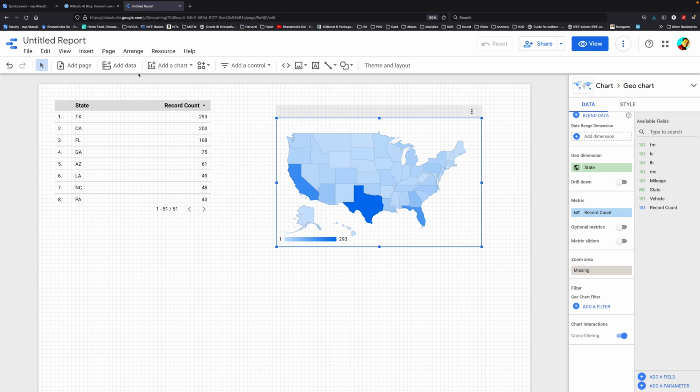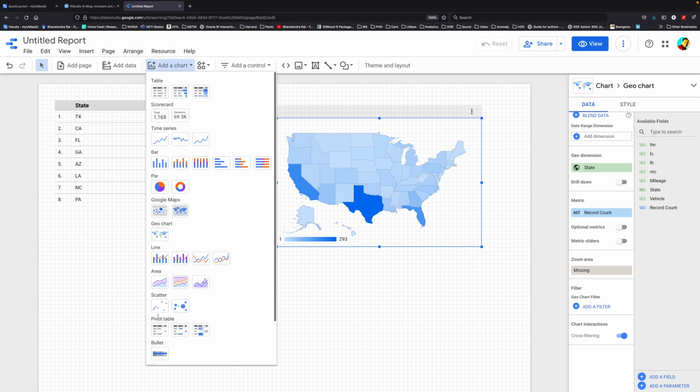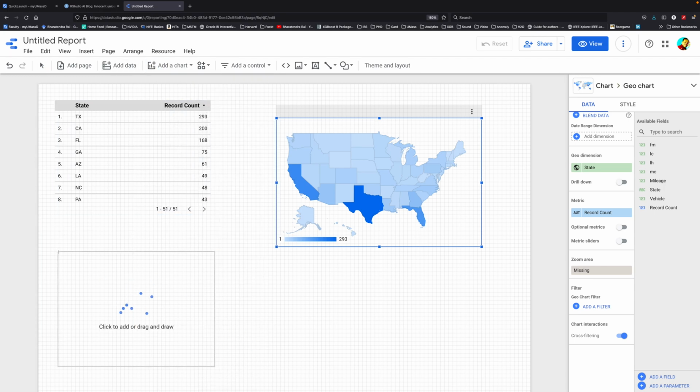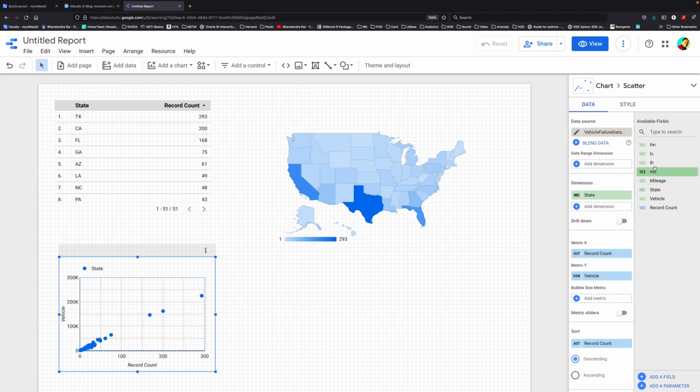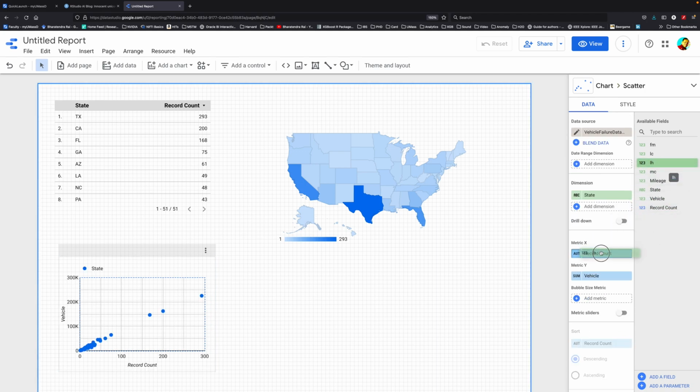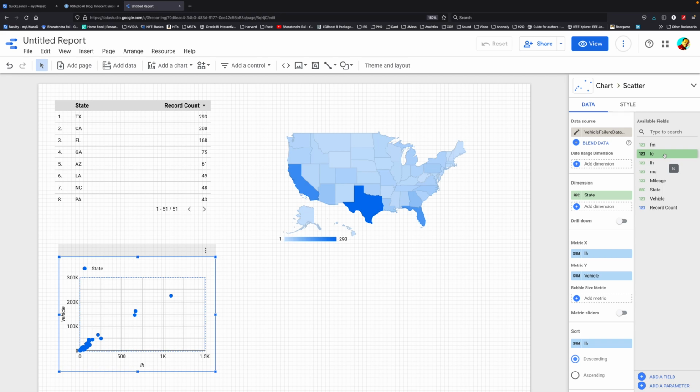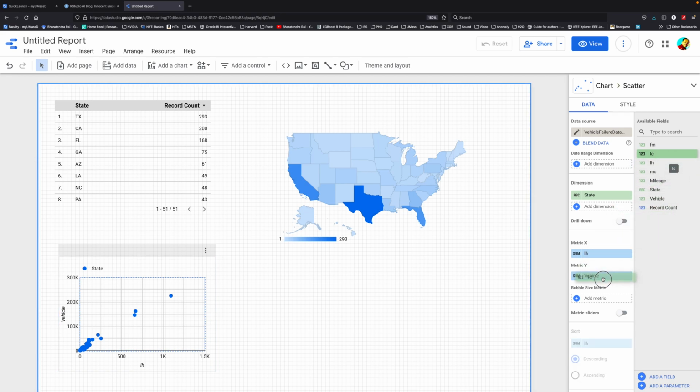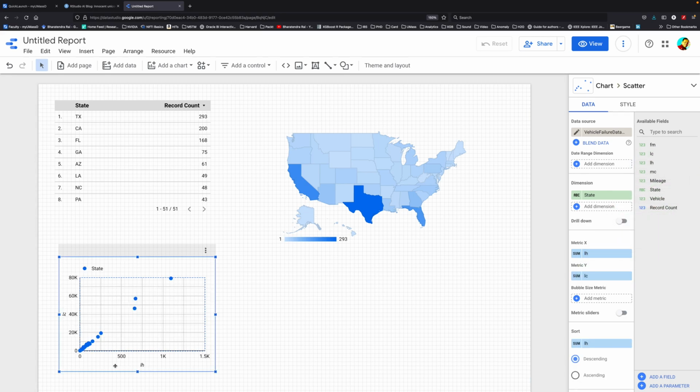I'm going to add one more chart. Let's do a scatter plot. For x-axis, I'm going to do LH, and for y-axis, I will say LC, labor cost. As labor hours increase, obviously we expect labor cost to go up. Each dot is a state, and right now it shows sum values.